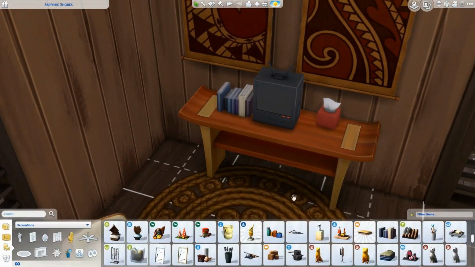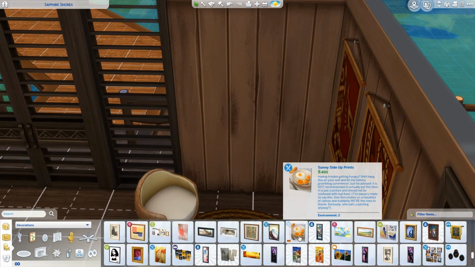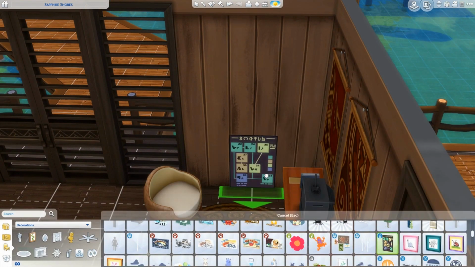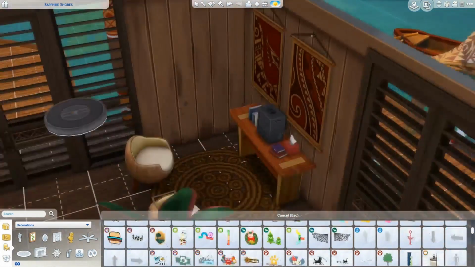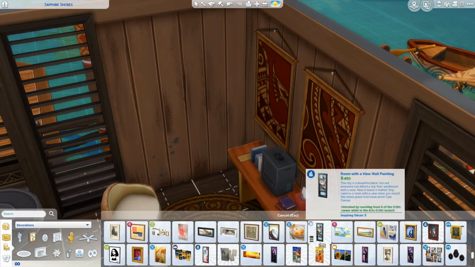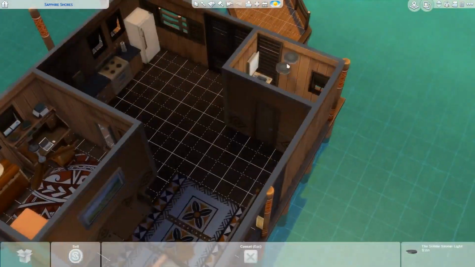There is just so much to talk about with this game in terms of build mode alone. It is amazing, and I just love all of the items, especially the modern items that came with tropical living. Oh yeah, island living. Oh my goodness, I'm getting so confused. Island living, tropical paradise, island paradise. But anyway, as I was saying, I'm really happy with the luxury modern items that came with island living,